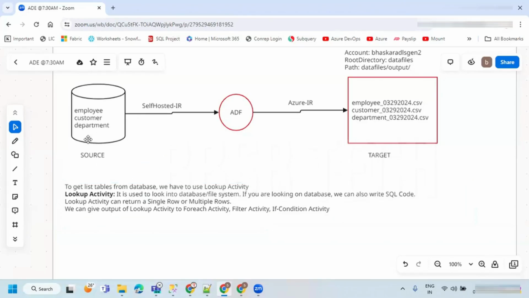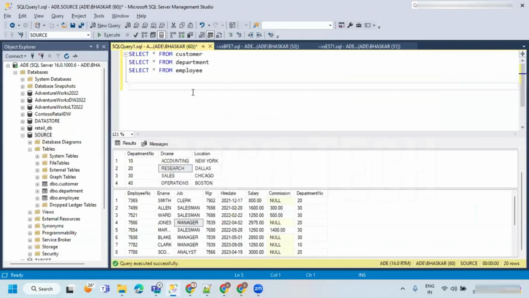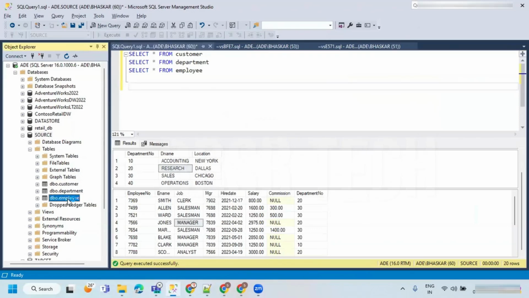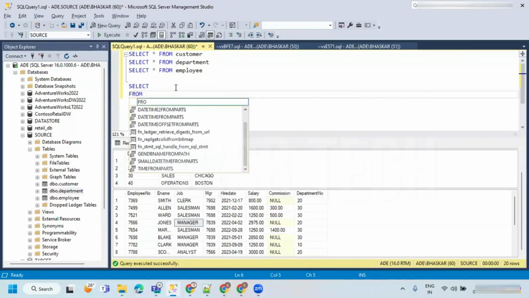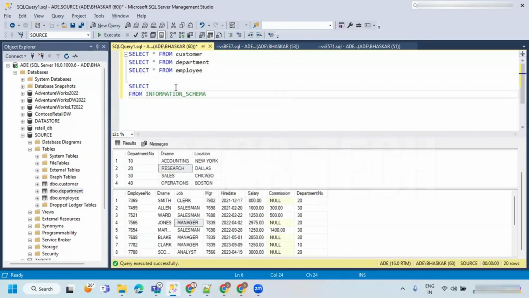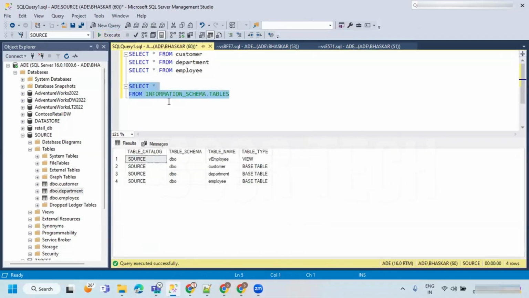Now by using the lookup activity, I'm going to get the list of tables. In order to do that, we have to write a SQL statement because we are taking the list of tables. Here there are 3 tables, but how does Data Factory identify that there are 3 tables? For this, we need to use select from information_schema.tables. So I just want to say select star from information_schema.tables.